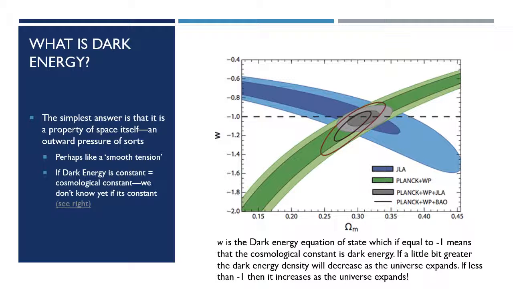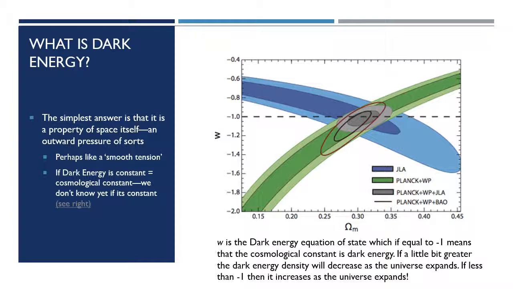That's so little if you try to imagine a cubic meter and there's only 5 protons in this, which is nothing. You would never be able to notice dark energy, but when you add up that little amount over large scales, it starts to significantly change how the universe behaves on big scales. And perhaps it's better thought of as a smooth tension. So instead of dark energy, let's call it a smooth tension. But of course, dark energy is the cool name. And again, it's really a transparent energy density.